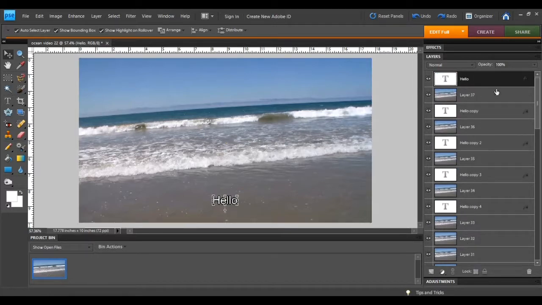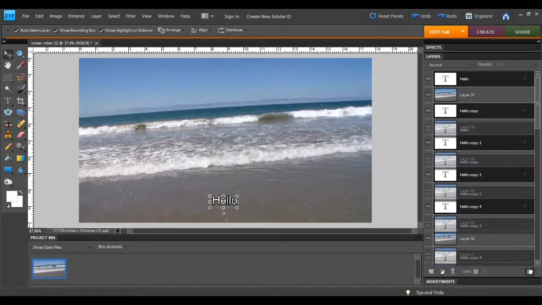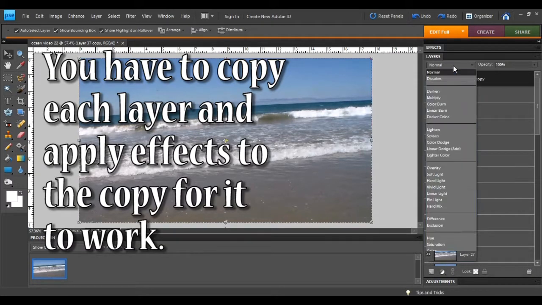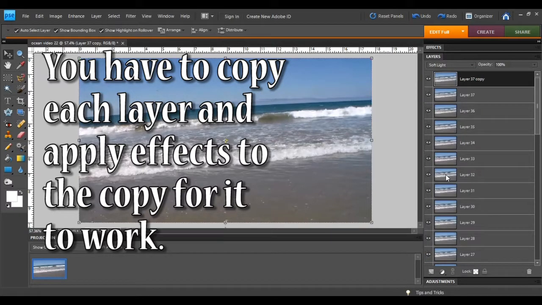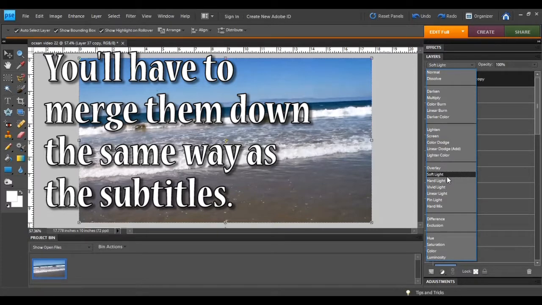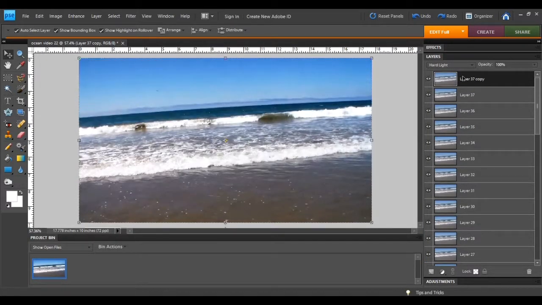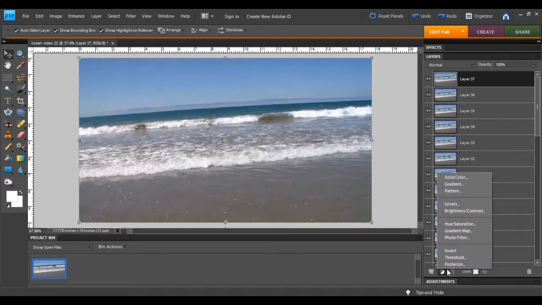I don't want to put text on my GIF, so I am going to delete these by just selecting all of them and clicking delete. Another thing you can do if you want, you can change the style. Sometimes I like to do soft light on it just to give it a little bit of a filter, I guess. But I think it looks pretty good like this, or even I could go in here and click hue saturation, and